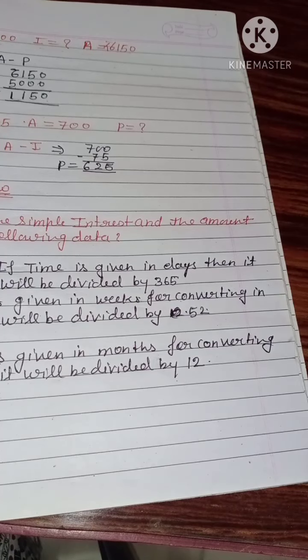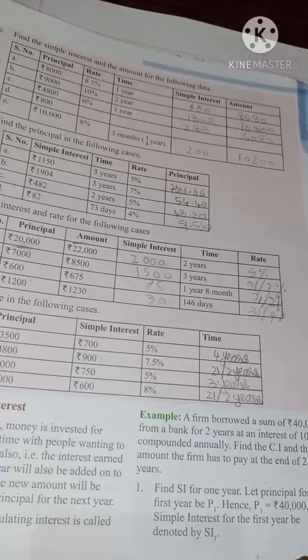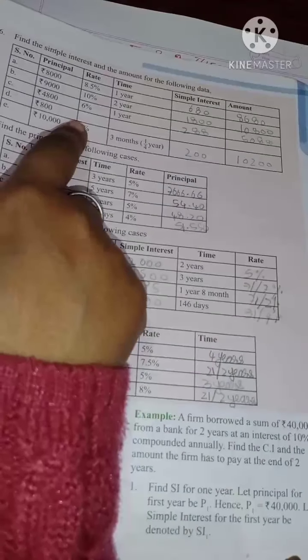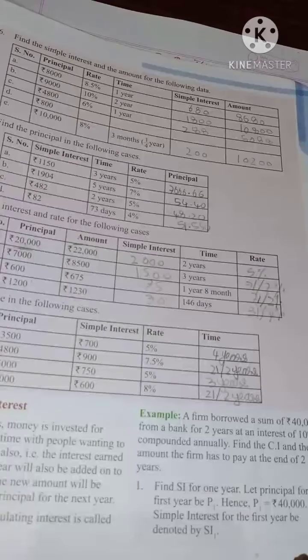See that question number 6 now. The question is given to you in this tabulation form. In new books it may be question number 1. So the sequence is changed, nothing else, otherwise the questions are the same, so no problem in that.